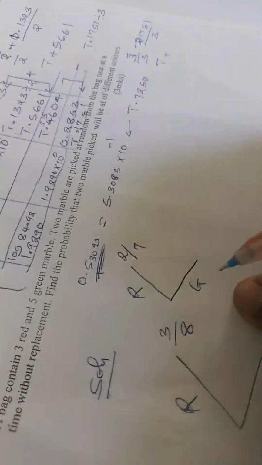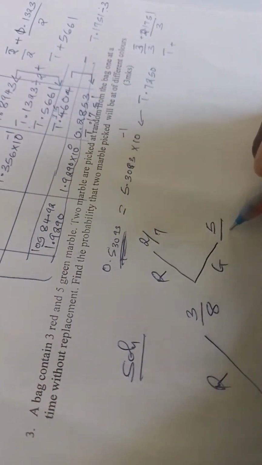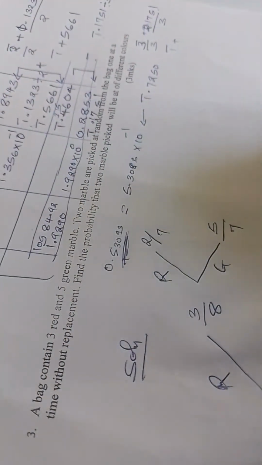So if you go for the green ball after picking a red ball, the green ball, our 5 will be 5 over the total, which will be 7. Then here we assume that